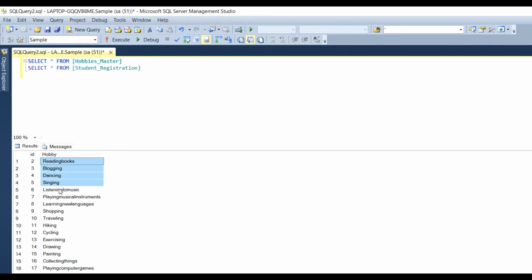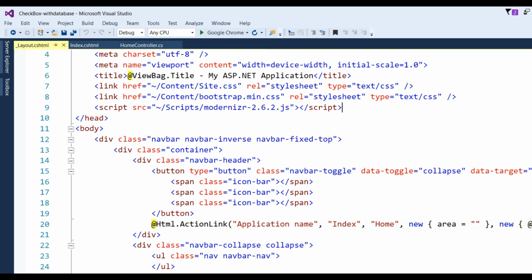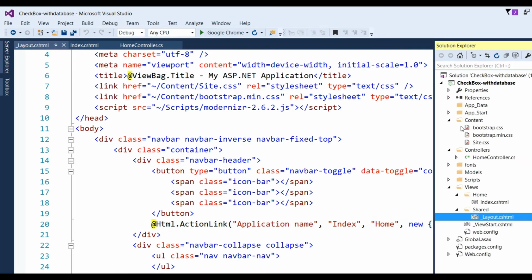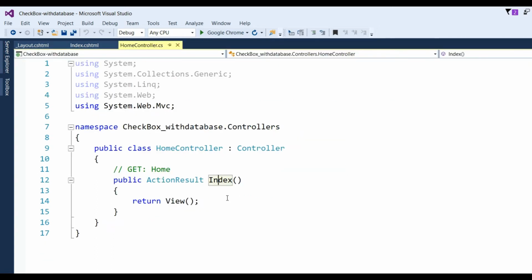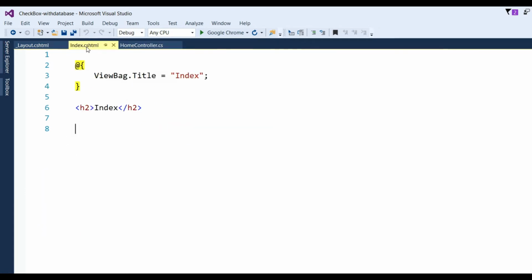All the hobbies are in the hobbies master. You know that you have added one home controller and I have to show some code from the database which can display on index.